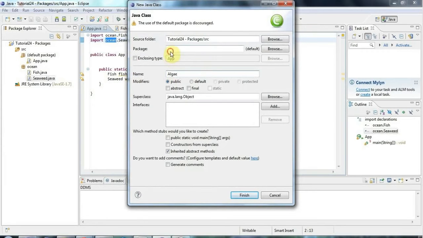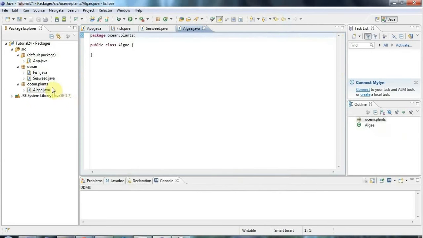It doesn't matter. And I'm going to type here, I'm going to say that I want this to be in the Ocean package, and then I want it to be in a sub-package of Ocean called plants. I think algae are creatures actually, but yeah, not important, I'll leave that. Okay, so if I click Finish now, you see that I've got this package here, ocean.plants, with this class algae